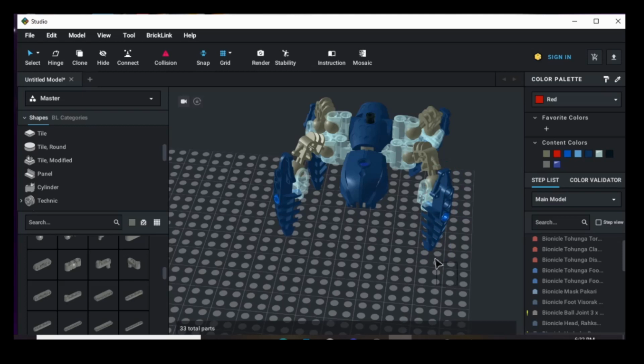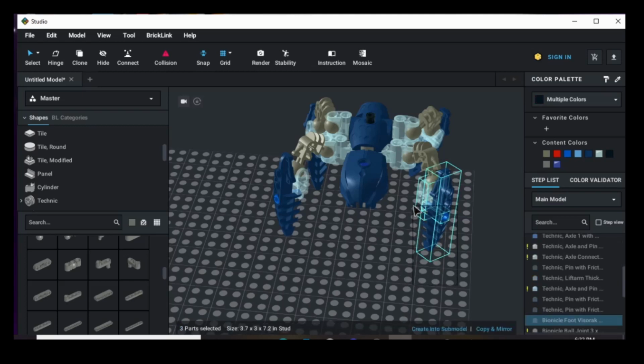So what you can do to fix that is you select the chunk that you want to be intact no matter what, and you press create into submodel. So if you're building something big and it has a lot of pieces and not all the pieces in the leg want to stay placed, or a lot of pieces in the torso want to stay placed, because you're posing it in the